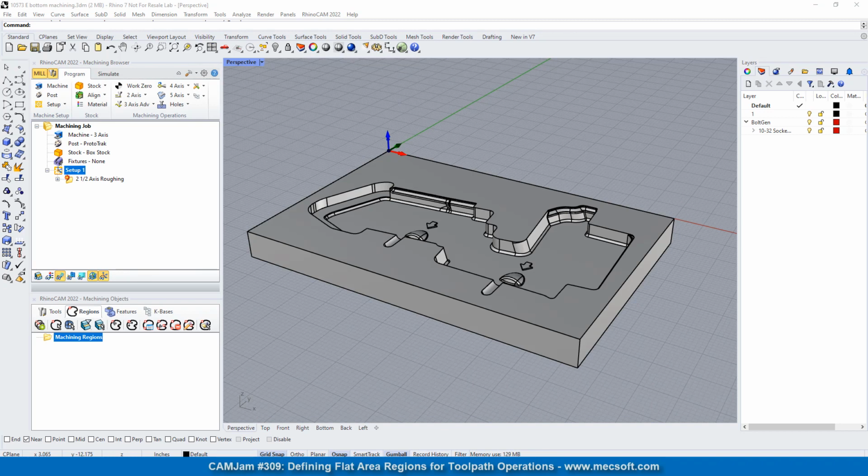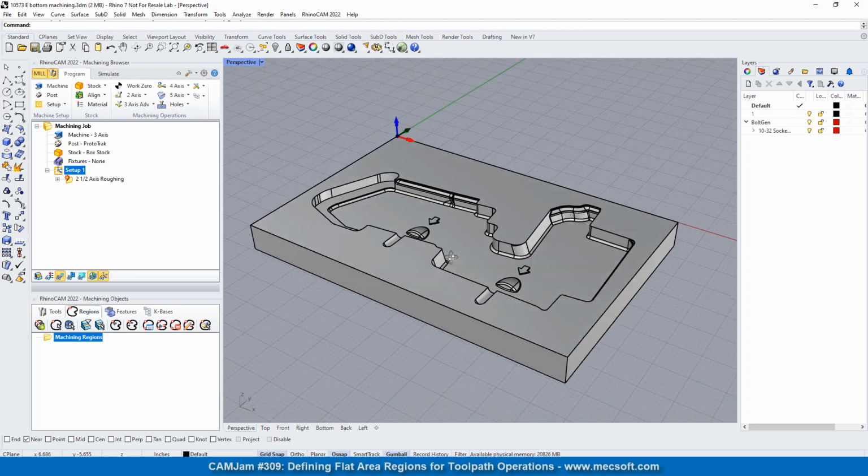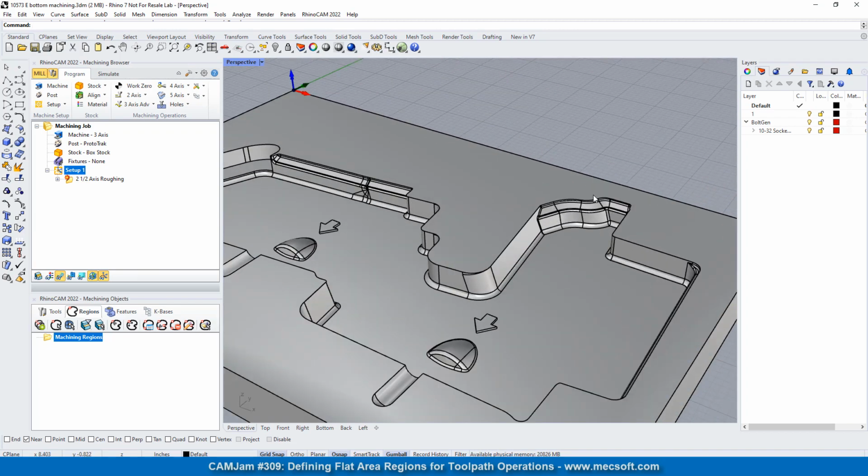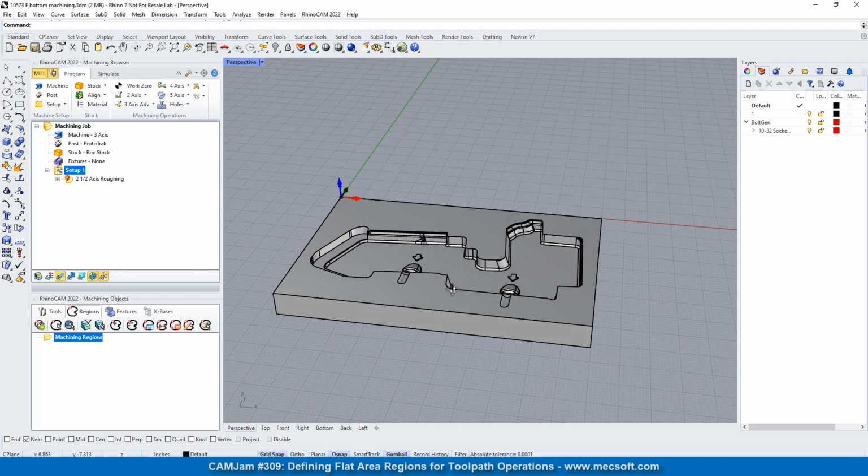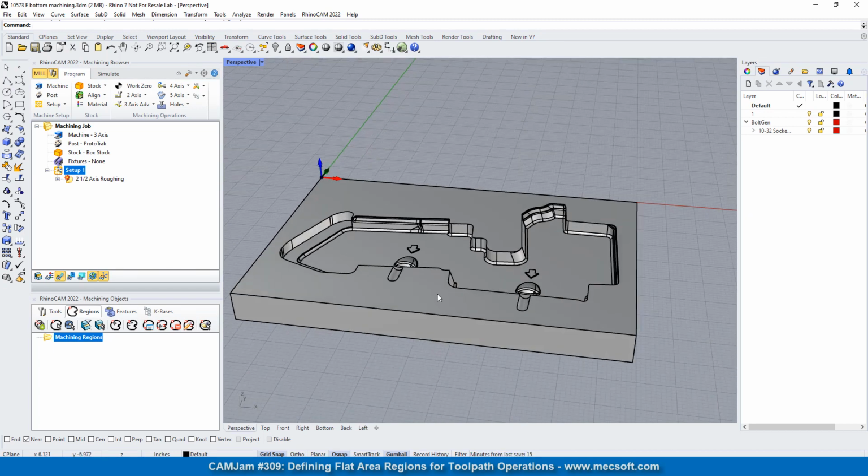Hello everyone. In this video we're going to show you how to define a flat area region and use it in a machining operation as the control geometry. In this example you see that we have a cavity block. It's got a lot of complex edges that you would have to select in order to define a toolpath. You can do this really quickly using